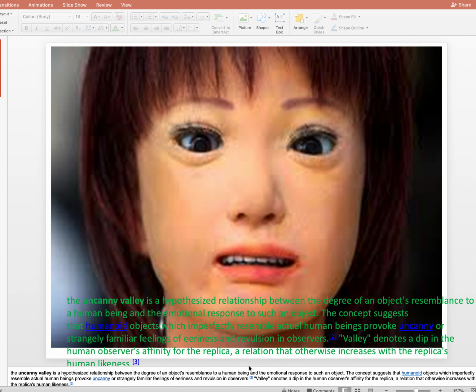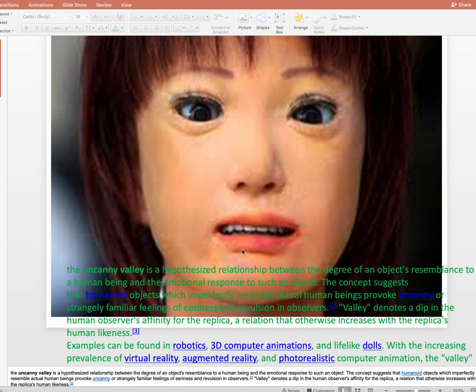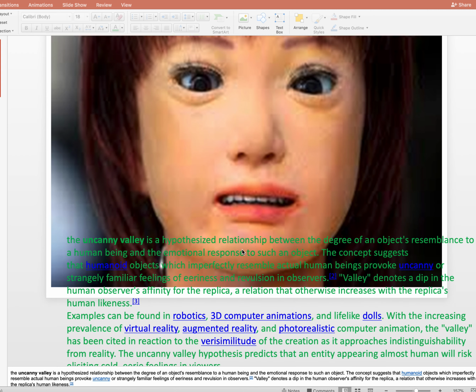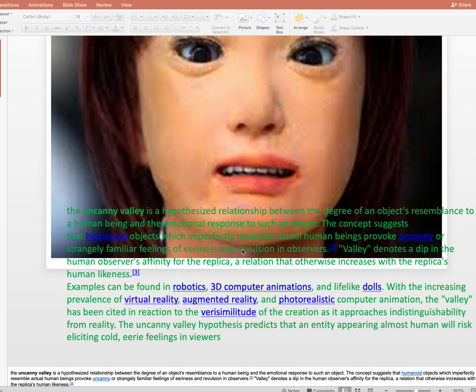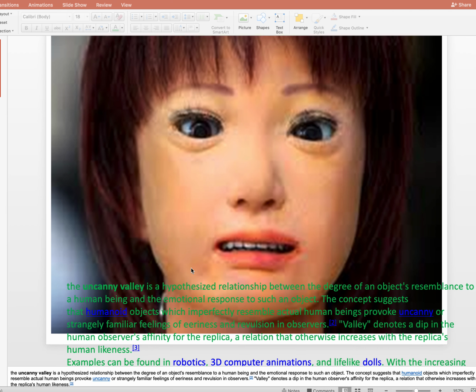But the purpose of showing you this robot and this PowerPoint presentation is to discuss the uncanny valley, in regards to the film Blade Runner and the book we're reading, Do Androids Dream of Electric Sheep? It's got a definition here for you. The uncanny valley is a hypothesized relationship between the degree of an object's resemblance to a human being and the emotional response to such an object. The concept suggests that humanoid objects, which imperfectly resemble actual human beings, provoke uncanny or strangely familiar feelings of eeriness